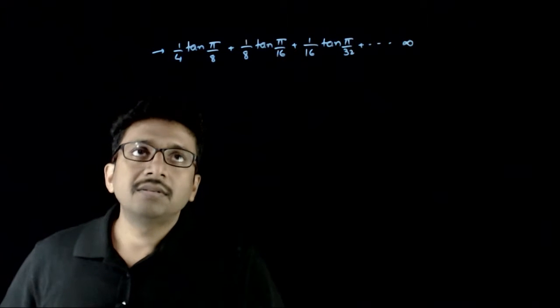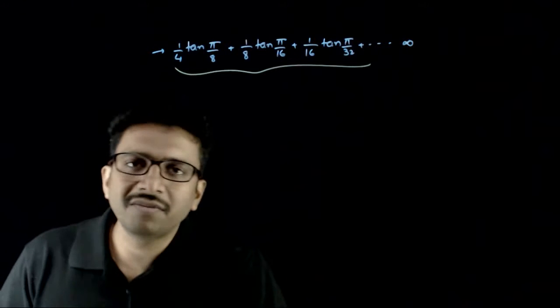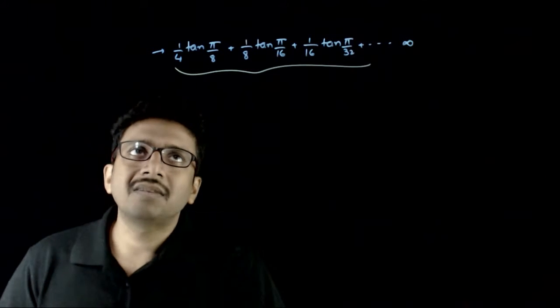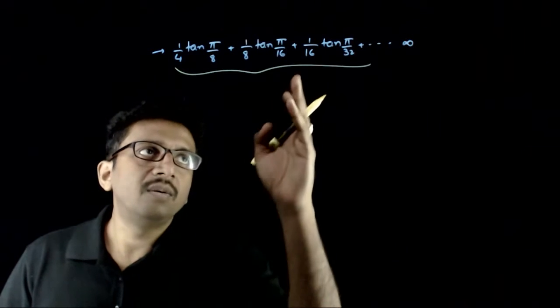So welcome students. In this question you're given a sequence. You're asked to find the summation of the sequence up to infinity. The sequence is 1 by 4 tan pi by 8, 1 by 8 tan pi by 16, 1 by 16 tan pi